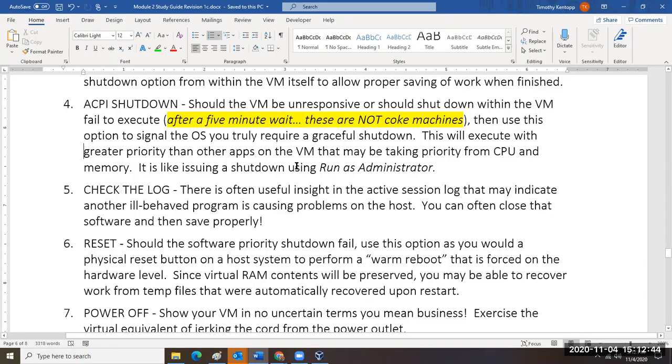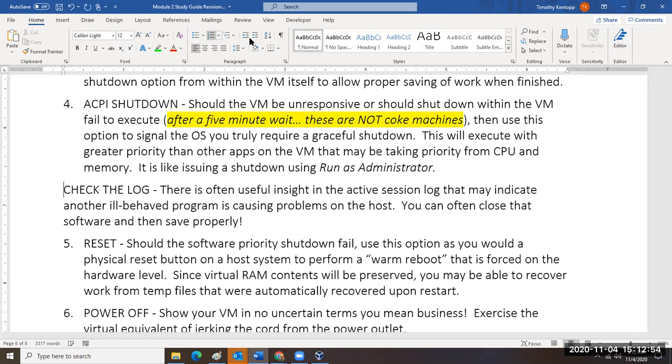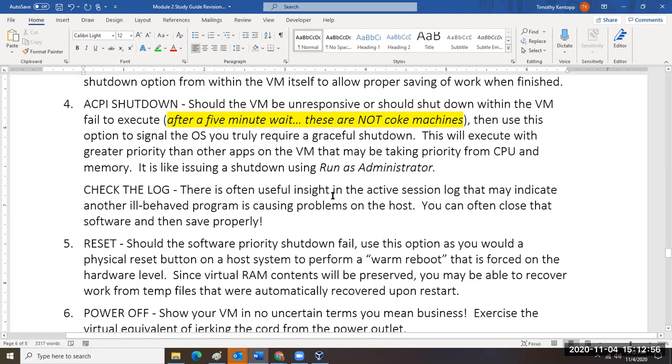Right, so this is like shutdown using run as administrator. That's the ACPI, right? This is something that helps if you're having issues. You should check the log. Sometimes there's useful insight, right? So you've got to remember to check the logs. If things aren't working like they're supposed to, things get locked up, check the log. After you try this, if this doesn't work,